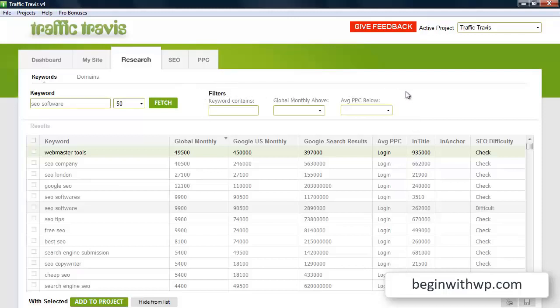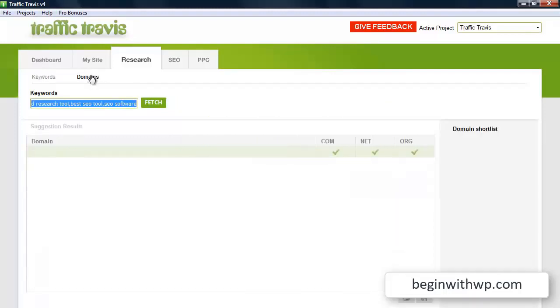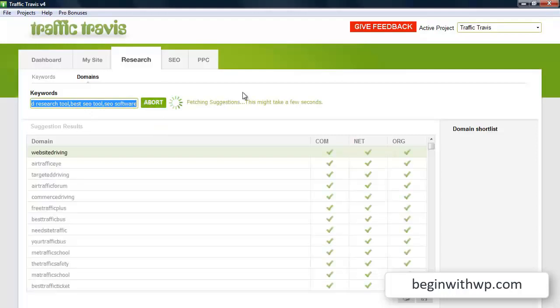Right now it's basically just helping you to make the list smaller with a few options. So that there is the keyword research. What is new in this version and is a welcome addition is the addition of this domain thing here. So based on the keywords that you possibly select, you can go ahead and fetch a bunch of domain suggestions,